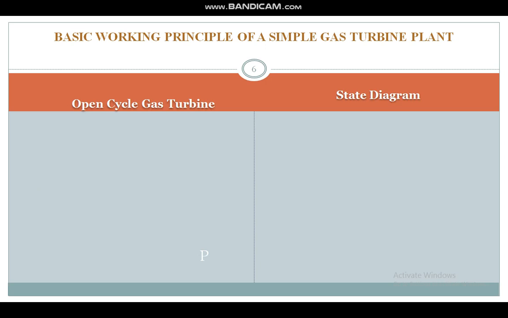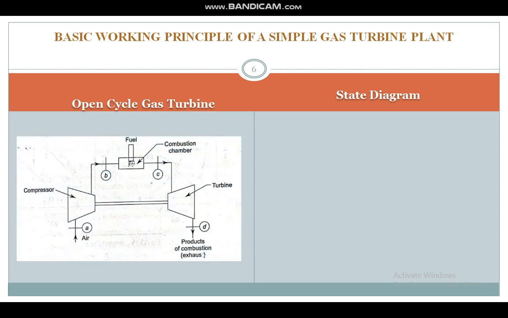the operation of a simple gas turbine can be of two types, that is open cycle and closed cycle. Let us discuss the open cycle gas turbine first. Here at A, the air is compressed in the compressor inlet, and the compressed air at the outlet of the compressor, that is at B, is fed to the combustion chamber, where fuel is added, and after the combustion the high pressure high temperature gas is expanded through the turbine, and after that the exhaust is thrown out to the atmosphere,